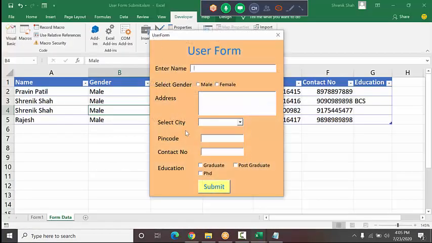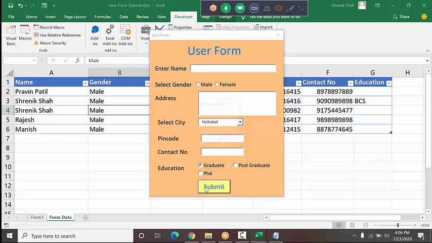See this. This is the form. So you can type the name here. Okay, let's say the patient name. Here I type something. Then I type the gender. I type the address. I select the city here. I type the pin code, and then here I type the contact number. Okay, and then I submit. So once I submit, it comes to the Excel sheet here. You can see. So this type of form we can create in Excel.